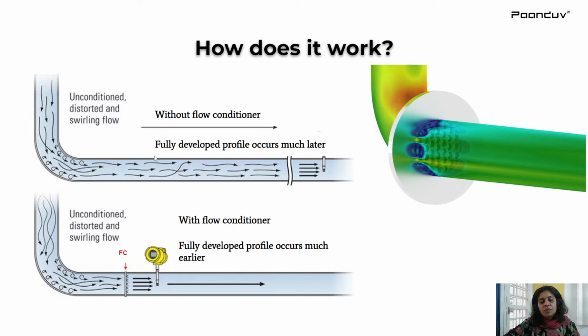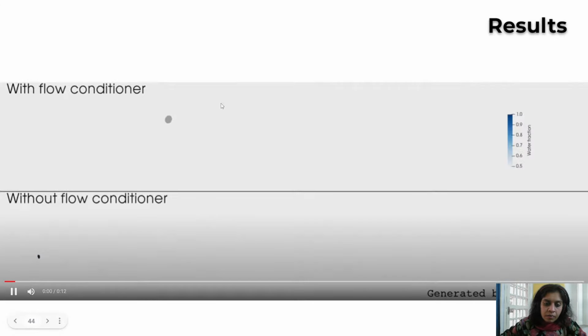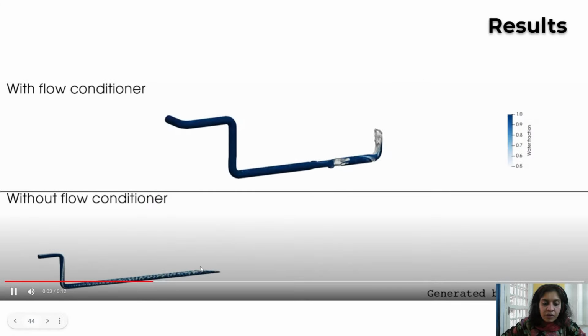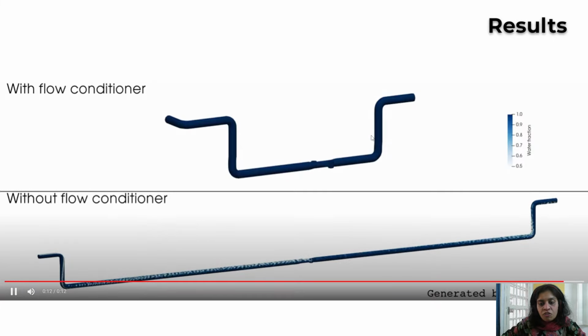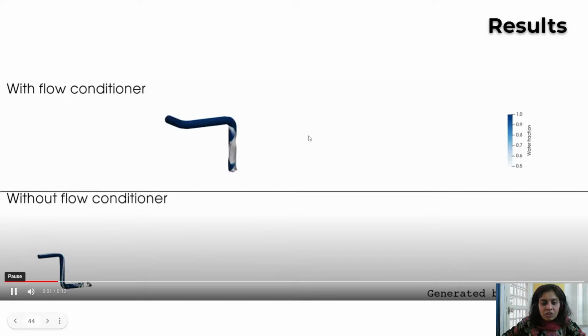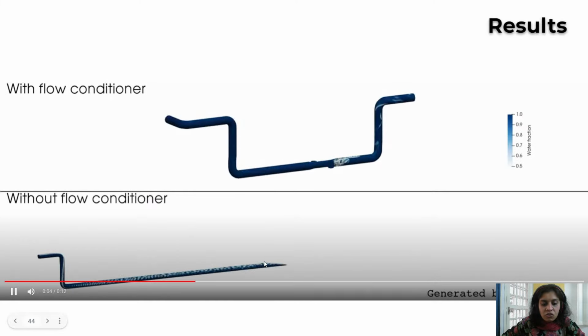If you don't use any flow conditioner, you have to use a longer pipeline to get a fully developed flow which will have no air entrapment. But if you use a flow conditioner, you can get the fully developed flow much sooner with minimization of turbulence. So through this animation, you can see one is longer pipeline, one is smaller pipeline where flow meter is used. One is without flow meter, one is with flow meter, and you can see there is no air entrapment in the upper section of the animation, whereas there are gray signs which indicate the existence of air entrapment into the system.